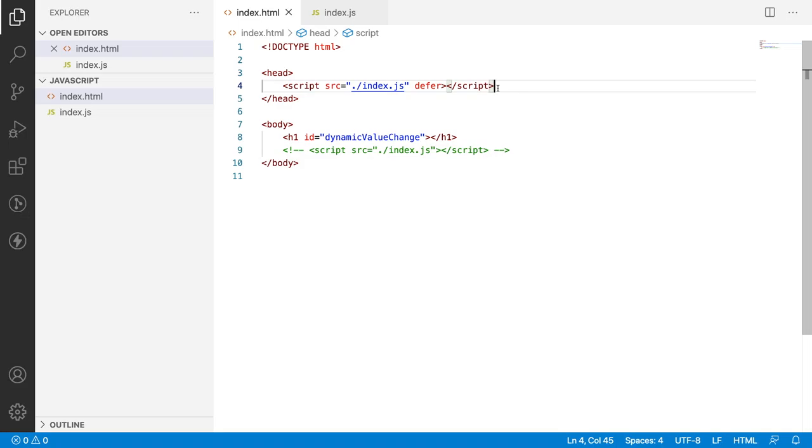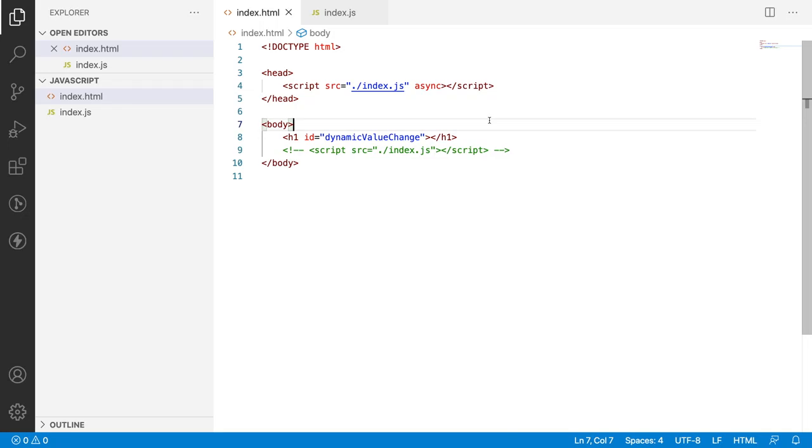The second case is we have something called async. So it also acts like defer, but the only difference is whenever it sees the script tag, it will be loaded parallelly with our HTML content. So in this case, we may be seeing the errors only a few times. Why? Because our script may be faster than our HTML, or our HTML is faster than our script. In this case, we cannot expect when we will be getting our errors.